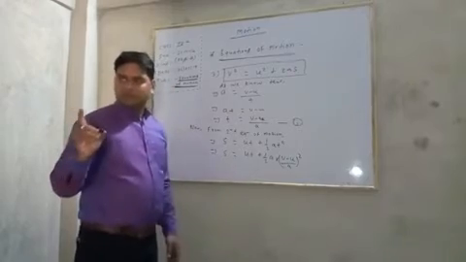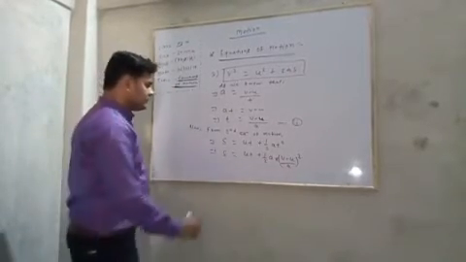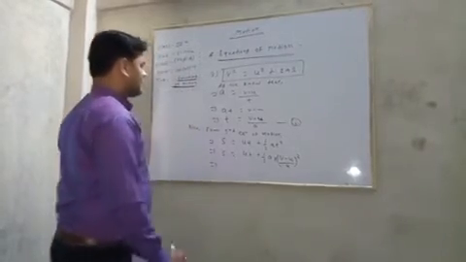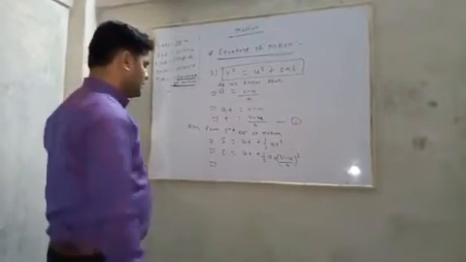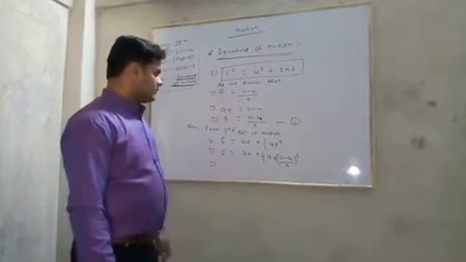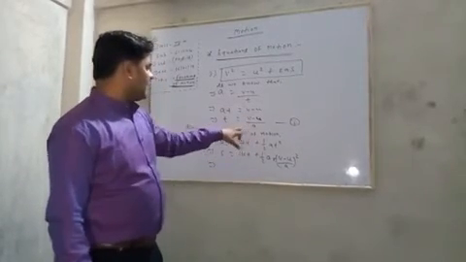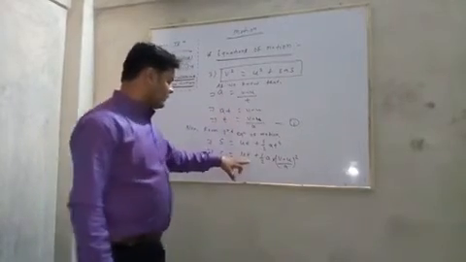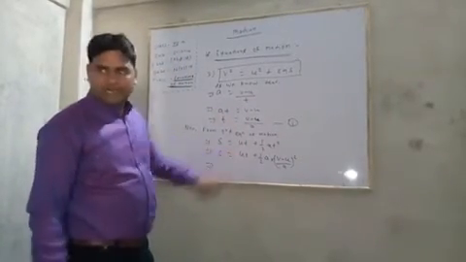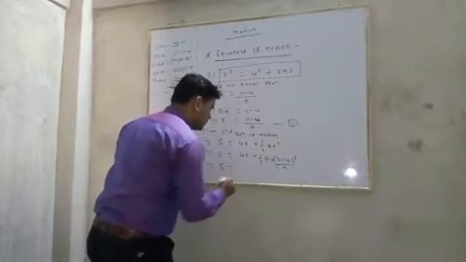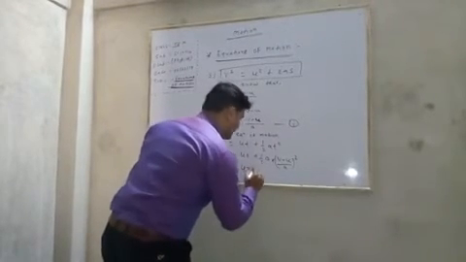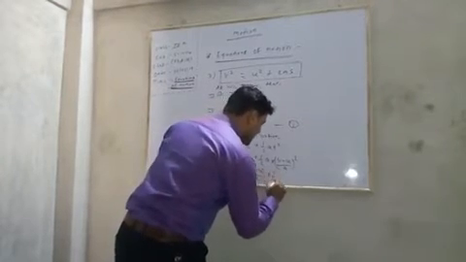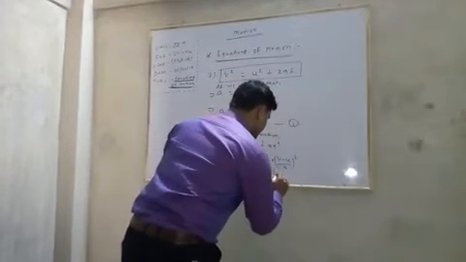Any doubt? ut plus half at square, it is right. The formula of t is v minus u by a, I have written it. But in the position of t we can write in the next step s is equal to u into t, meaning u into (v minus u by a), plus half into a into (v minus u by a) whole square.